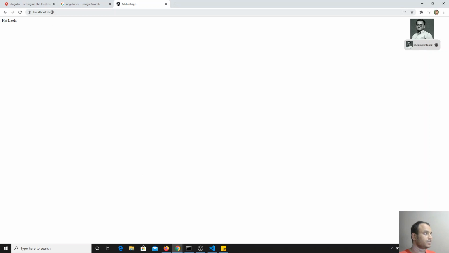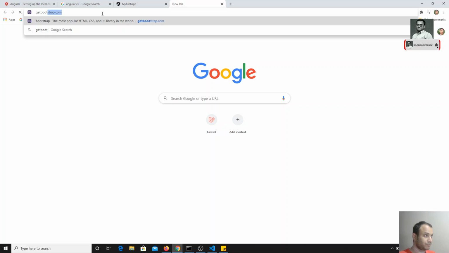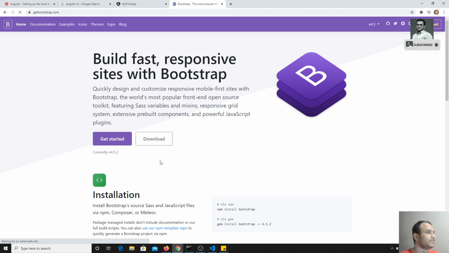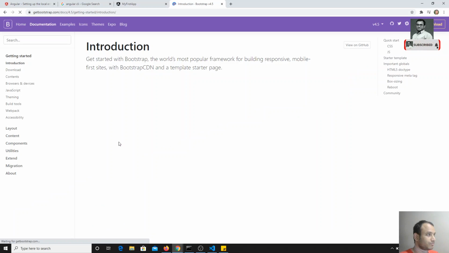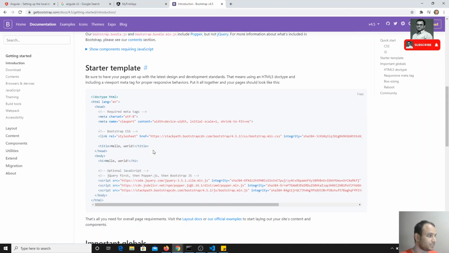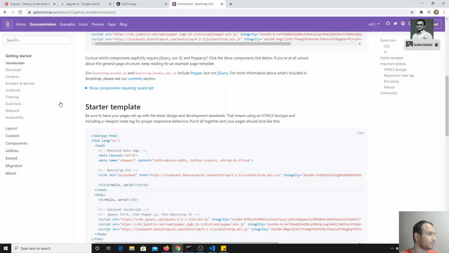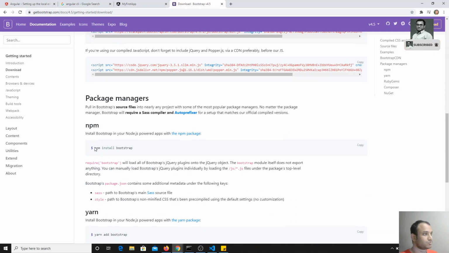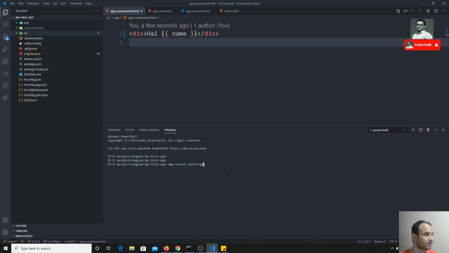Because we can go here and search for "get bootstrap". If we search for get bootstrap, where can we find it? Now if we go to Get started, here we will see how we can install Bootstrap. Here, under compile and Sass, download the source Bootstrap through npm. So I can copy this command and paste it here. Same thing. So I will install Bootstrap, and it will be installed in the node modules.